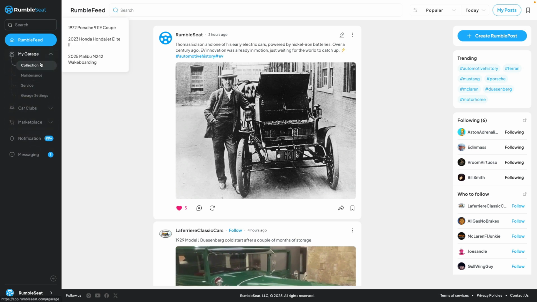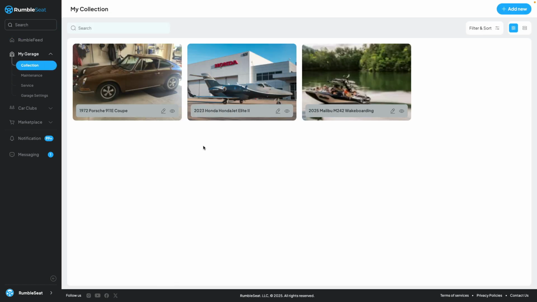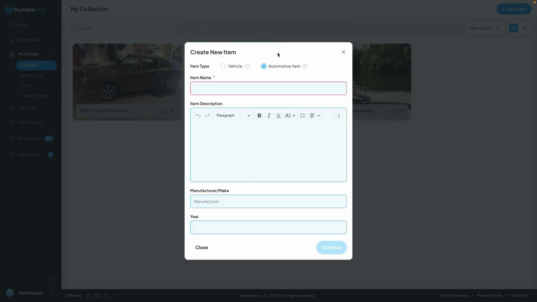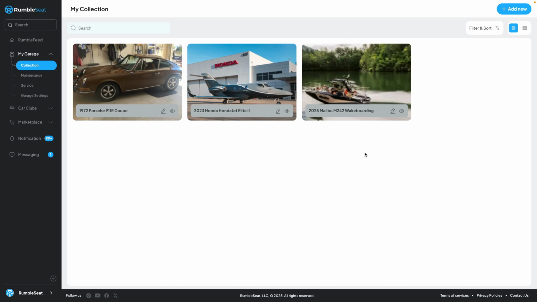Now let's move down to the next workspace, which is what we call My Garage. This is the ability for you to add, whether it be parts, collectibles, memorabilia, or vehicles. You can create a digital garage of all of the toys or all of the items that are in your collection. So if you're fortunate enough to have a private jet, maybe you have an RV, maybe you have a wakeboard boat, jet ski boat,